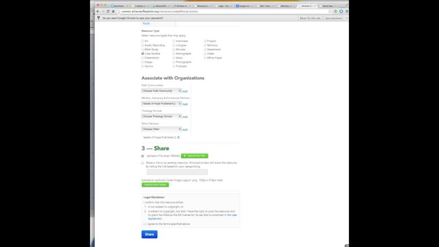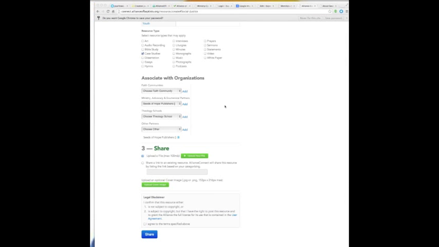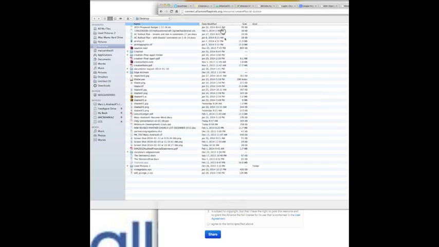But before I do that, I want to go ahead and close that PowerPoint presentation. Since I have the file open right now, if it's open, it makes it a little bit harder for the computer to attach it and do the upload. So now that the file is closed, I'm going to go ahead and click on the upload button,